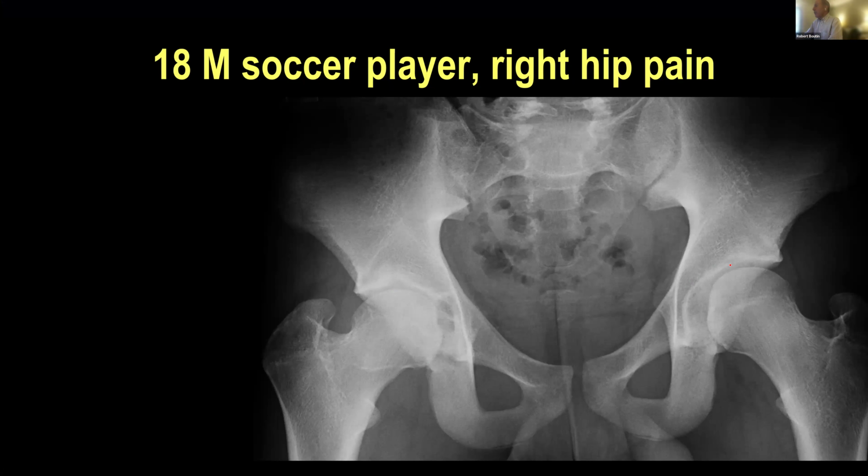So on a lot of PACS tools, you can bring up a best fit circle. It'll create a circle for you much better than I can draw freehand on PowerPoint. When that is done, it identifies the center of the circle. Then there's another tool, depending on what PACS or viewer you're using, and you just drop a vertical plumb line down to the center of the best fit circle, and then go out to the edge of the acetabulum.